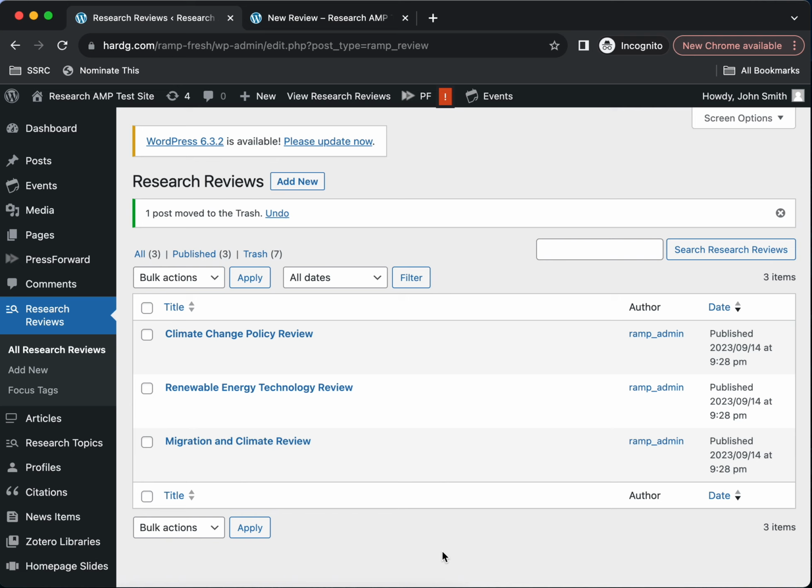Research reviews and articles are publishable content with similar templates on WordPress. Research reviews also have a table of contents section, which can be used once you install the table of contents plugin. So to create a new research review, you'll go on research reviews here on your WordPress website and then